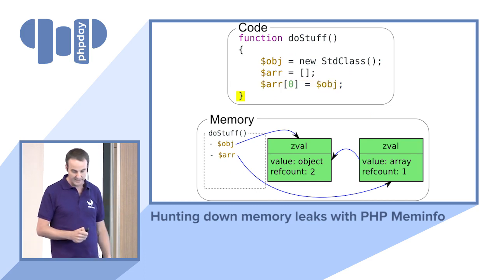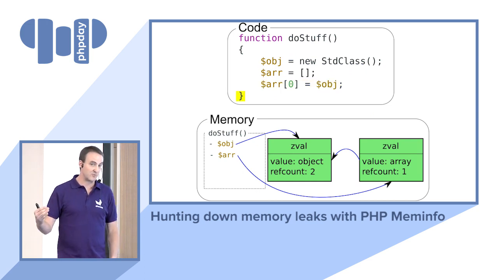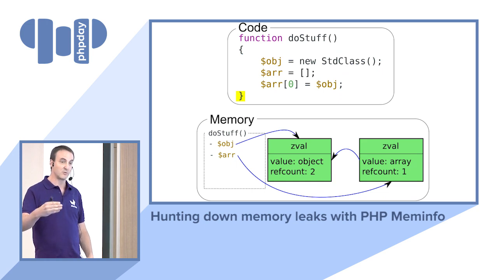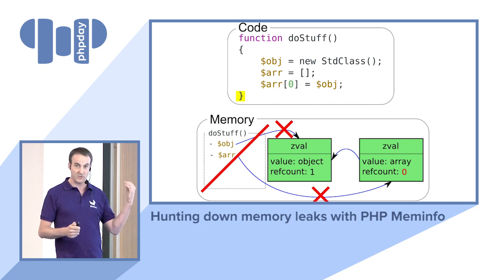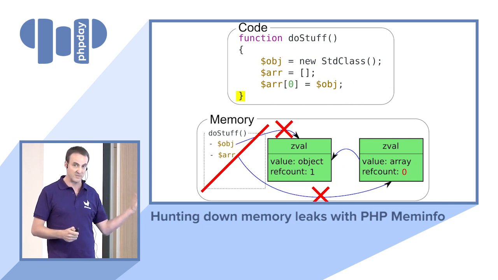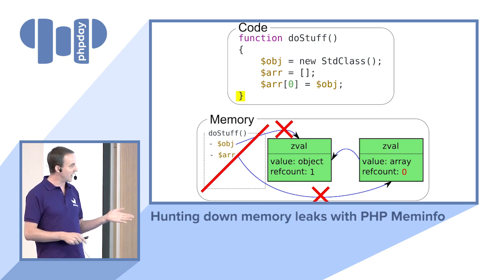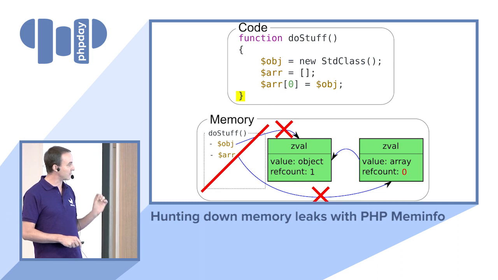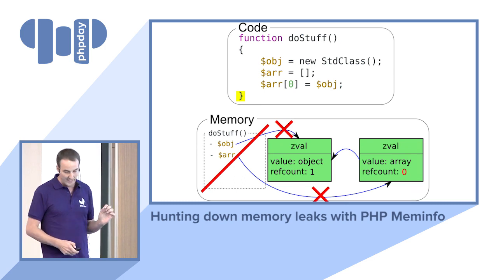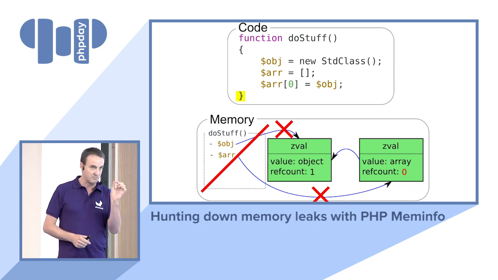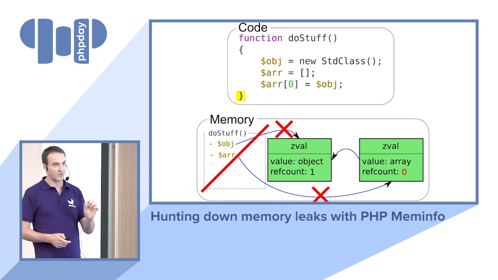Okay? Perfect. When I arrive at the end of the function, it means that I will leave the function, so the context of the function itself will be removed from memory. So it means that all the variables will be removed from memory at this point. So all the references coming from the variable to the zval will be removed, and that's the reason why now, for my zval array, I have a ref count at 0. I still have ref count at 1 for my object because of the reference between the two zvals, but this one is at 0. And when a ref count reaches 0, that's where the ref counter is triggered.